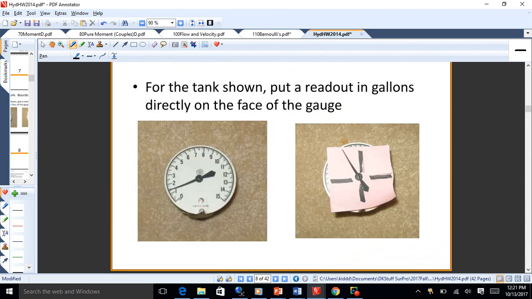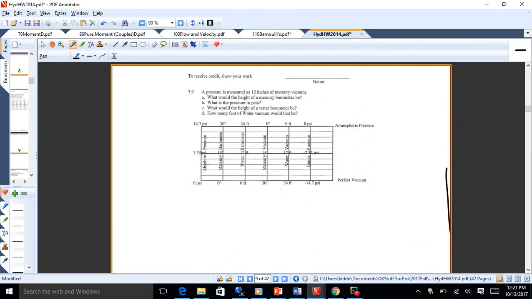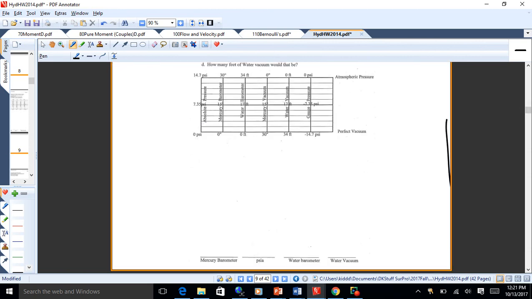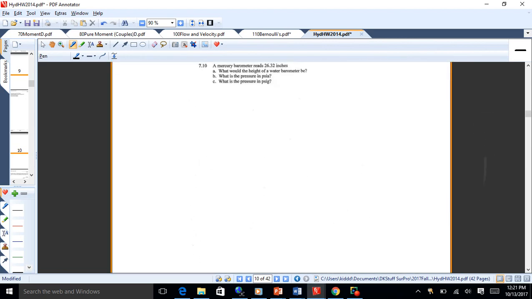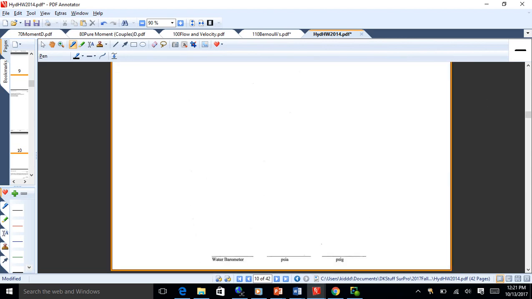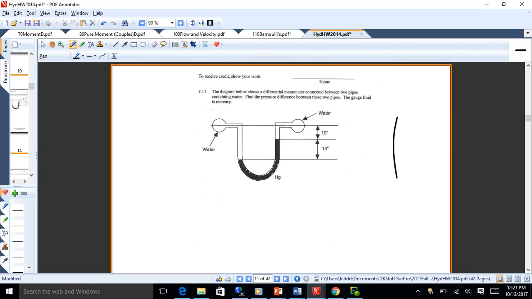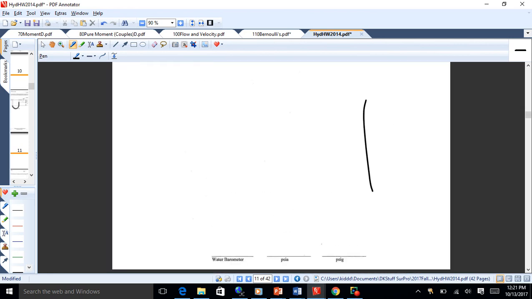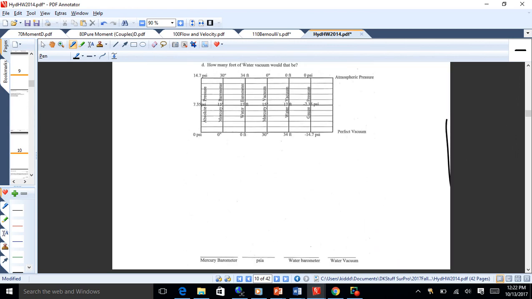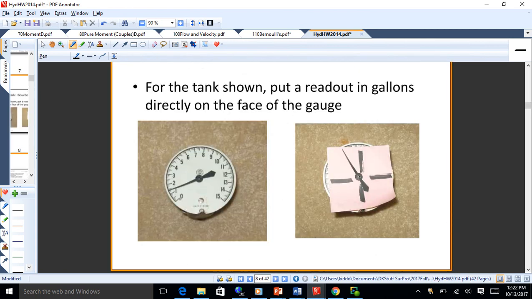So what we got here is we want to take these pressure gauge readings and turn them into basically a volume gauge for this tank is what we'd like to do. So we'll have a look at that. Okay, so what we want to do is just use the same gauge, but turn it into a volume gauge